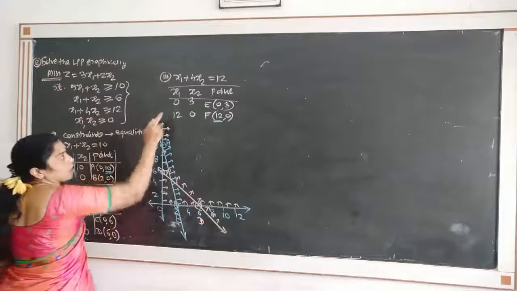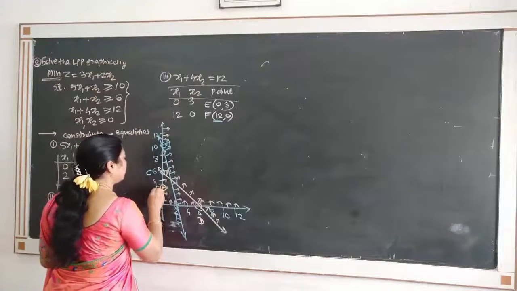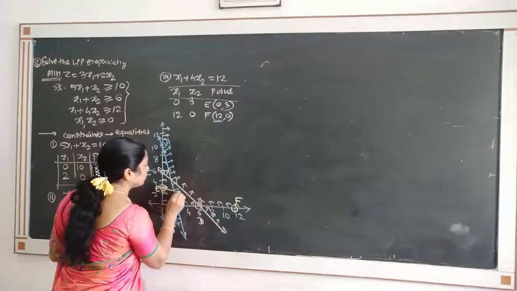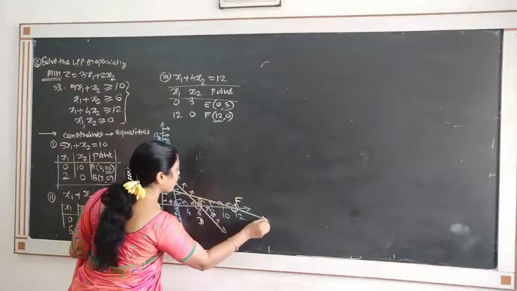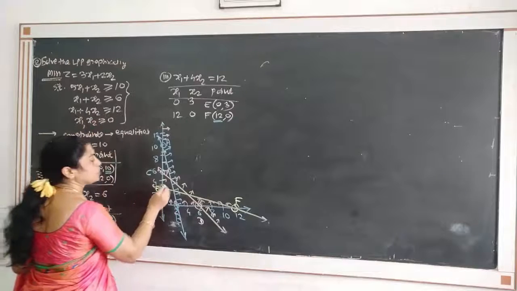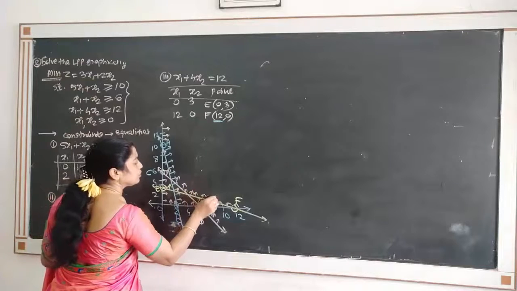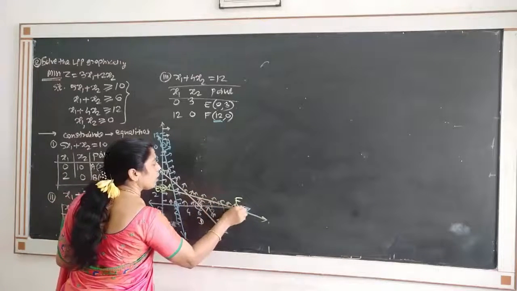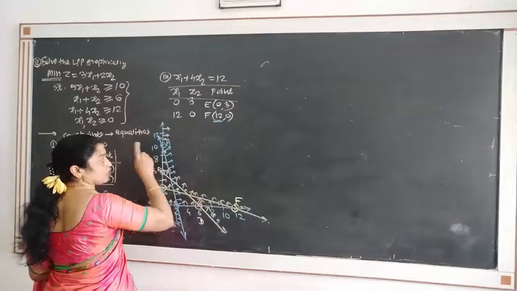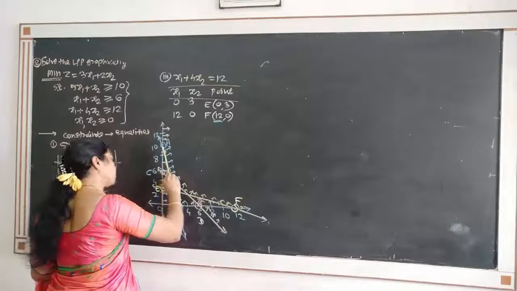And the third one: (0, 3), (0, 3) E point and (12, 0) F point. Draw the line. Which region is required? If you put (0, 0), the origin does not satisfy, so we don't want the origin side, that is again the non-origin side. Now find the feasible region. The feasible region is that one which bounds all of these constraints. So see the region. I will show it by dark lines.